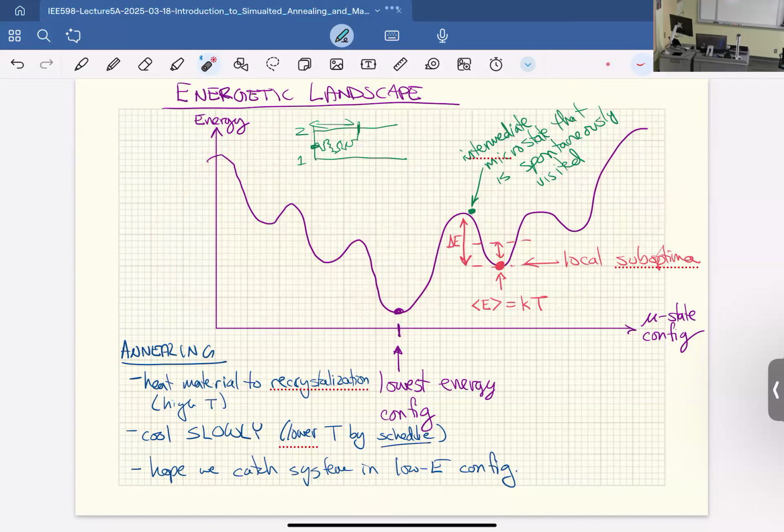And since we're counting on it spending more time frequently here, then if we heat it up and then cool it down very, very slowly, then we're hoping that at all temperatures, as long as we don't make this inaccessible by catching it when it's over here while it's cooling down, it will spend more time here. So if we cool it more and more slowly, then we should eventually trap it so that it has no option but to settle down at this low energy state.